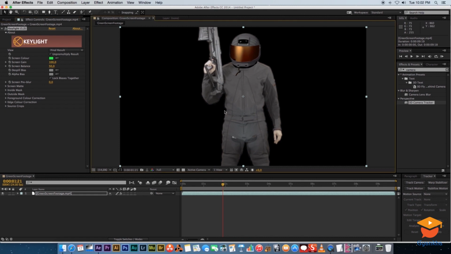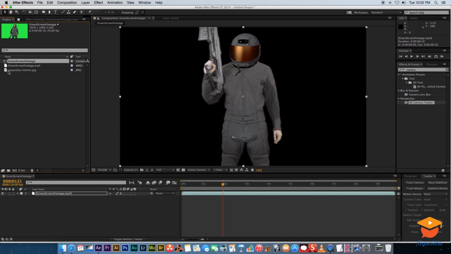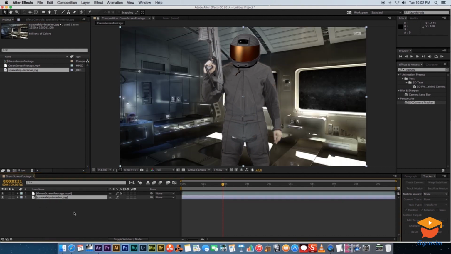Usually you need to adjust your settings, but before we adjust it, I'm going to bring in the background so we can see what we need to adjust. So let's go back to our project, and I'm going to drag the spaceship interior in and put that below our green screen footage. And then you'll see we've got a nice spaceship background. If I play through this, you can see there's a black line going around the actor that we need to